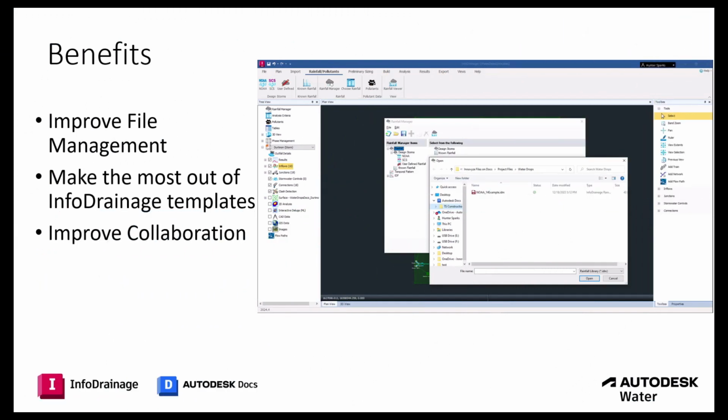Now that we've walked through the workflow, we've discussed it, I hope you can see some of the benefits. The main one being, like we talked about at the beginning, is really trying to improve file management. This also allows you to leverage the templatization available within InfoDrainage and being able to share that across different projects or across teams. And of course, being able to improve collaboration by having people being able to